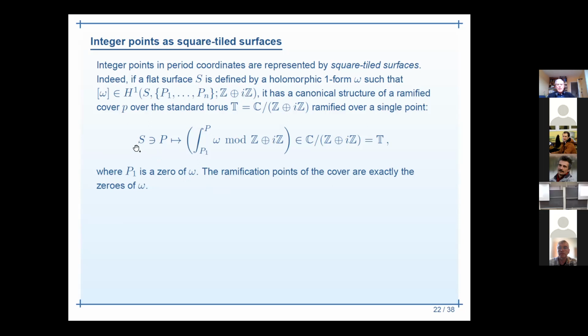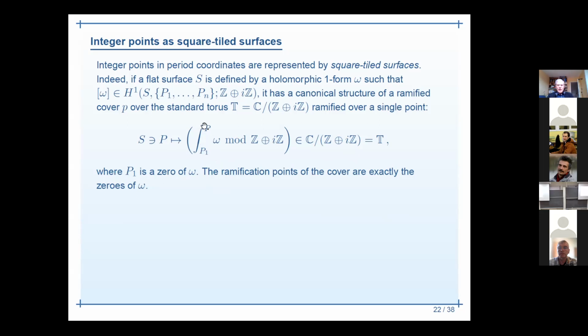I construct a map from my surface to the torus, where the torus is the complex plane quotient by Z plus iZ. And the map is as follows. I fix some zero of my holomorphic form. And then I send a point P to the following complex number, computed modulo Z plus iZ. I join my fixed point, which is fixed once and forever,